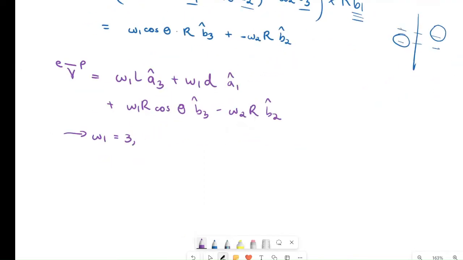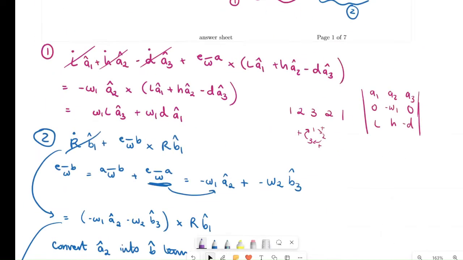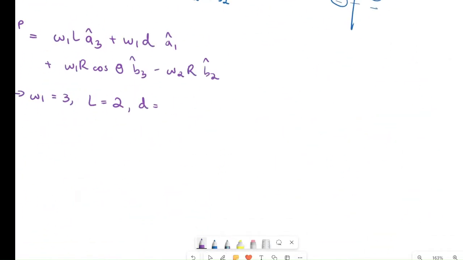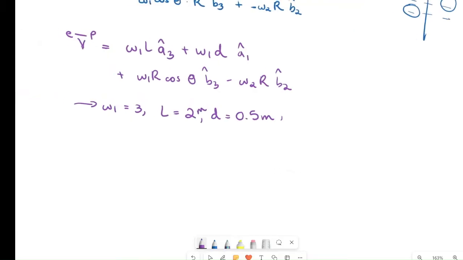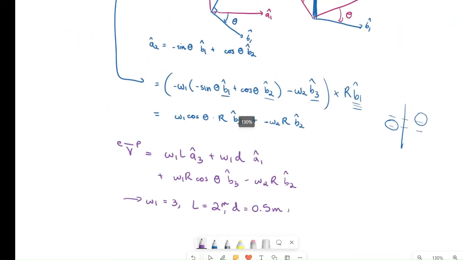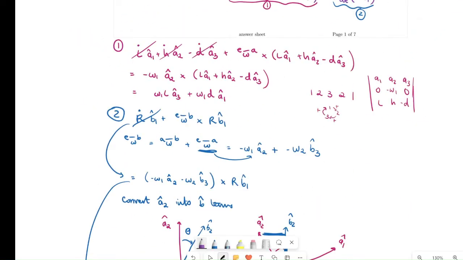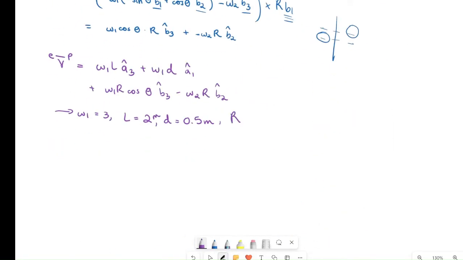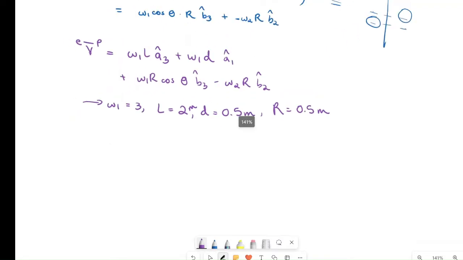And then I think we had L equals 2, D equals 0.5, 1.5. Okay, 0.5 meters. So all these are meters. Did I just lose an H? Wait, hold on. Oh yeah, we don't need the H. Okay. And then R equals 0.5 meters. So our expression becomes